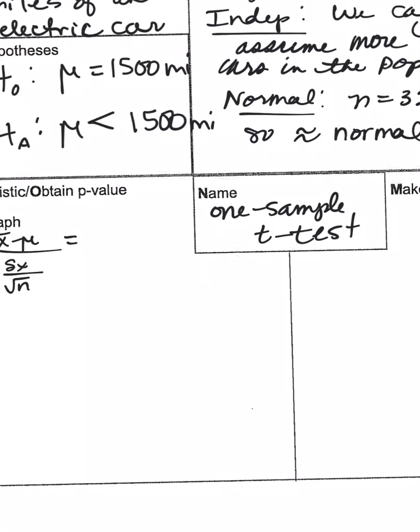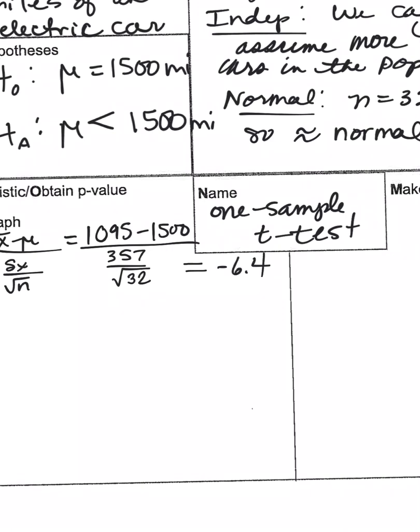Volts need charging after what? 1,095. So 1,095 minus 1,500, right? Does everybody understand where the 1,095 came from? It said on average, volts need charging after 1,095 miles with a standard deviation of 357. So this puts 357 here, divided by the square root of how many samples? 32. So that gives us a t-score of